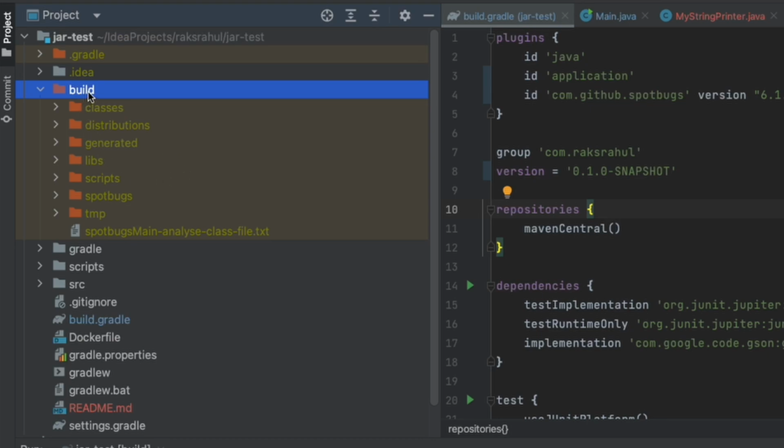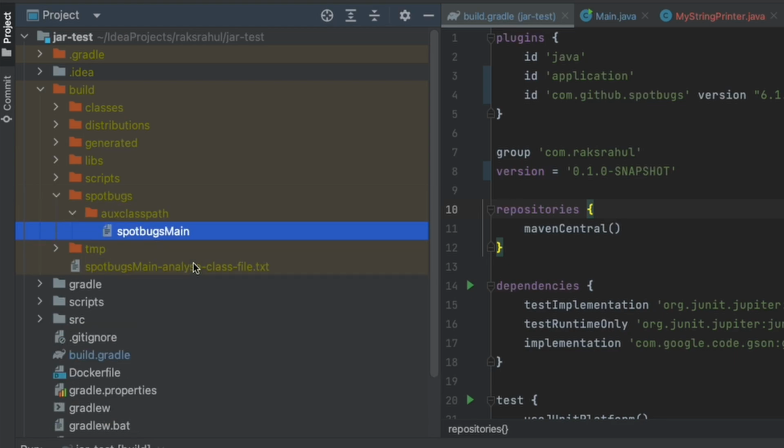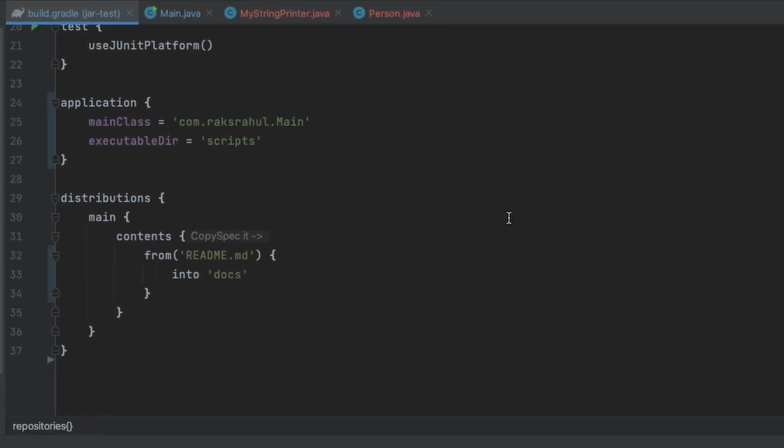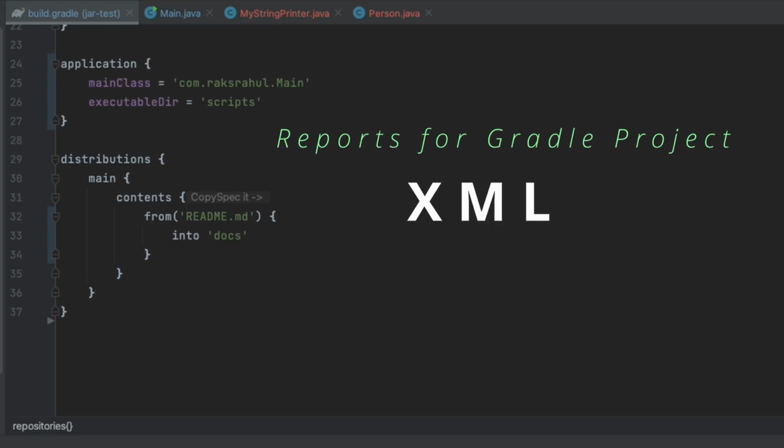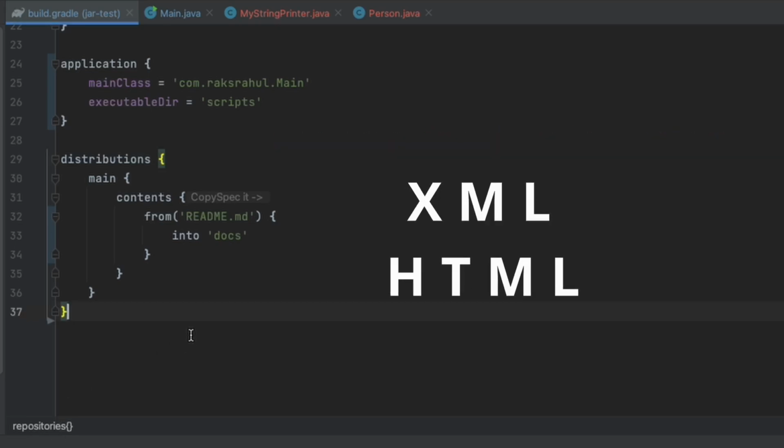This is the generated build folder, and let's see if any report is generated. So this is not a report of SpotBugs. Here we could not find the report. So to generate the report we will have to do some configuration for which type of report we want to generate. Two types of report are supported, XML and HTML. So to do that,